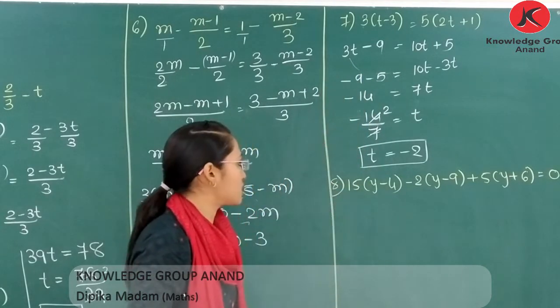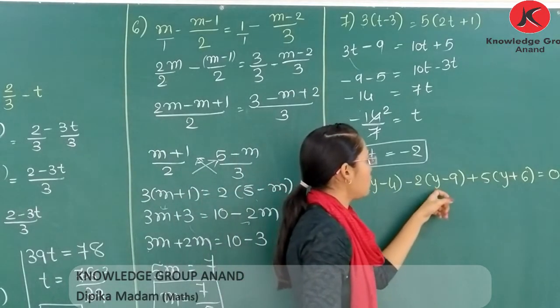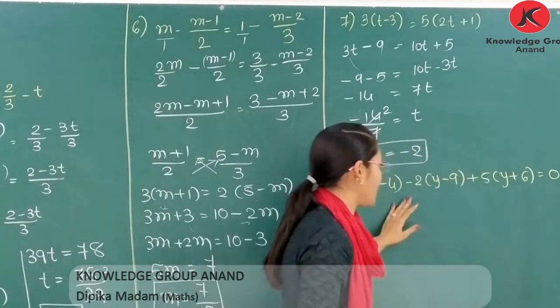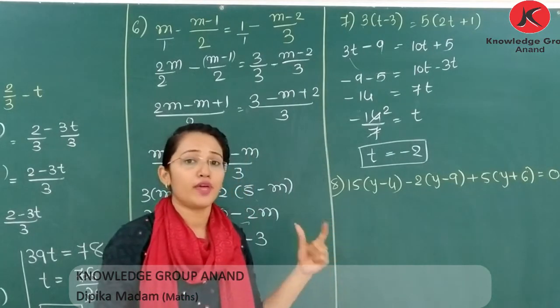Okay. Now next. 15 into bracket y minus 4 minus 2 into bracket y minus 9 plus 5 into bracket y plus 6. In this kind of example, you need to be careful whenever you open the bracket if there is a negative